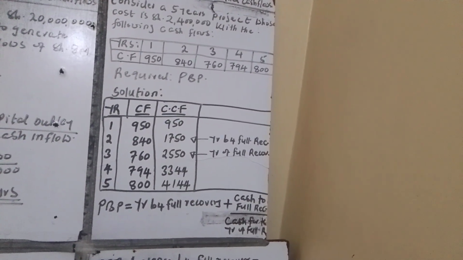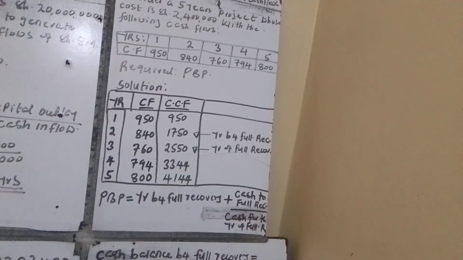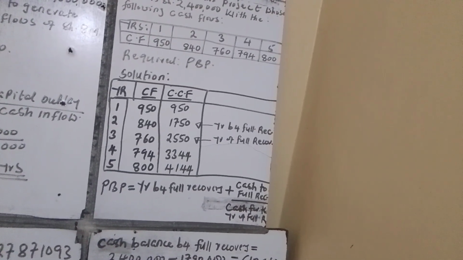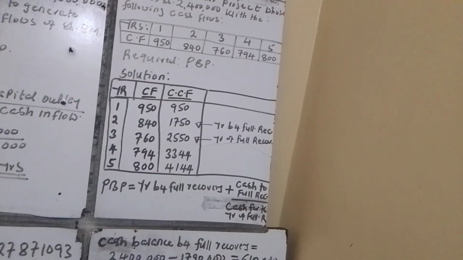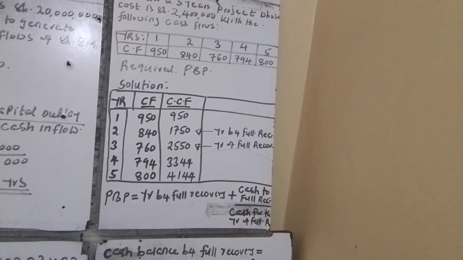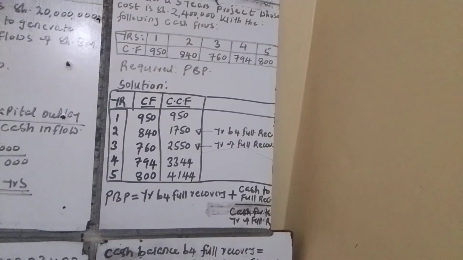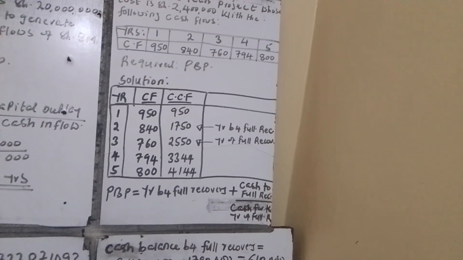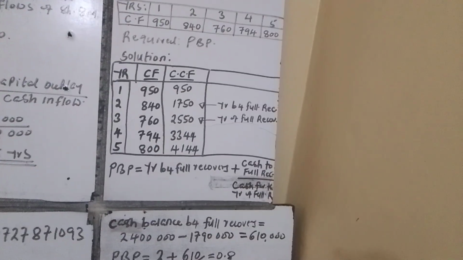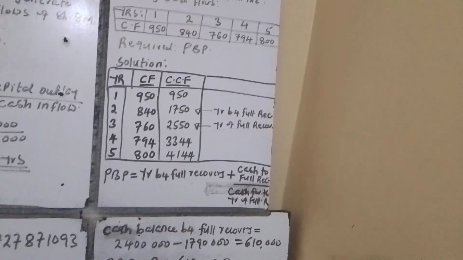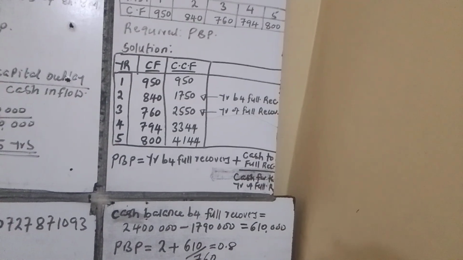So our formula to get the payback period, you take the year before full recovery. The year before full recovery is the second year, because in the second year we have 1750. So the year before full recovery is year 2. So you write 2 plus